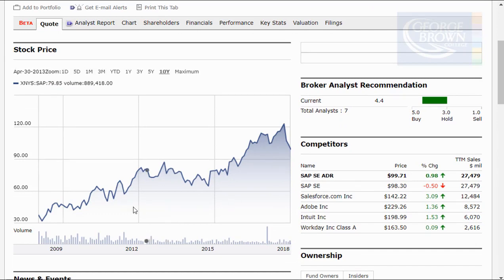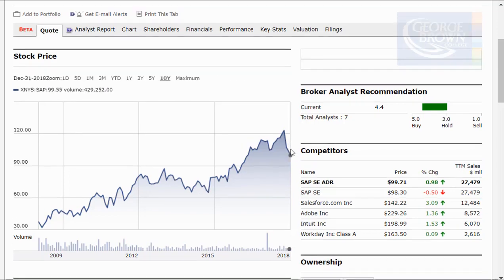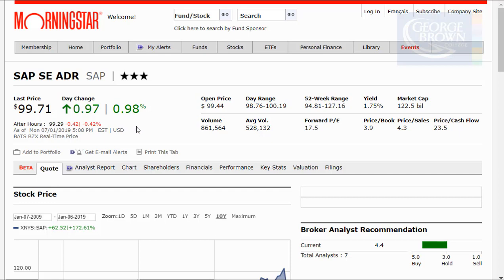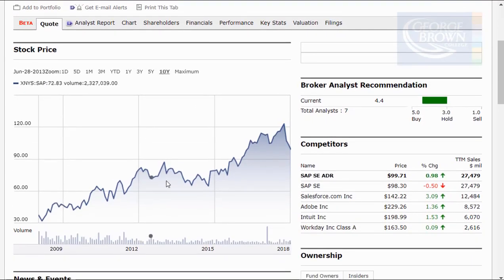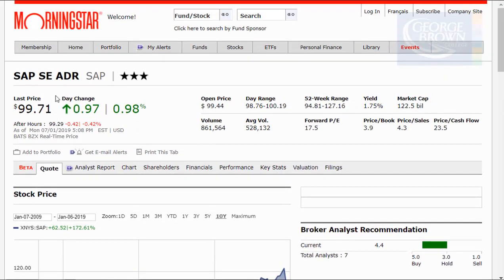voting rights. So if I look at a 10-year chart here, you can see that 10 years ago, the price was at $37.62, and the current price is up around $99.71. So very much like a common share chart, but it's an American Depository Receipt, which means the common shares of SAP have been bought by a financial institution, and the depository receipts are then sold and traded on the